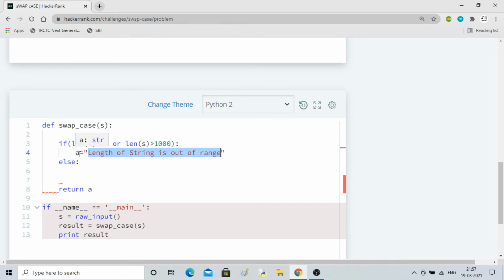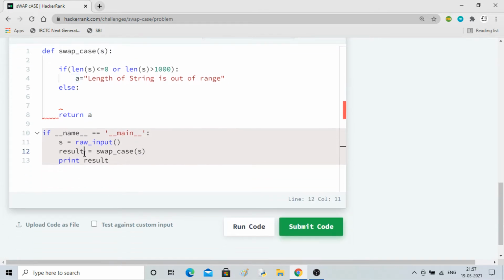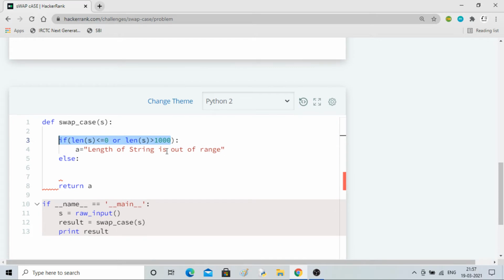It will store it in the variable called a, and return a from this function. Then this a will be stored in result, and result will get printed. Basically this line will get printed if we violate the condition, although it is not required, because I don't know why they don't check constraints. They should check, but still for completeness' sake it should be there.